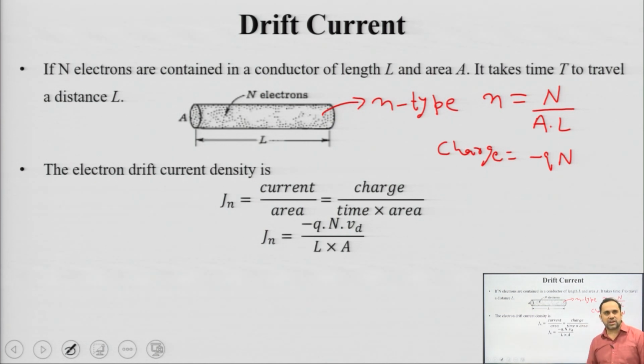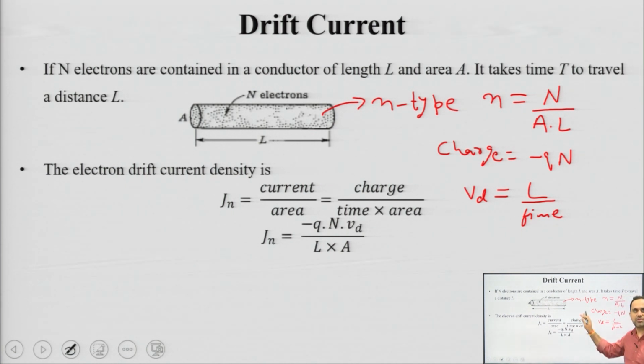How much time is it taking? For time I have replaced it with a distance. So, if this is the drift velocity, velocity is distance upon time. How much distance are these charge carriers travelling? They are travelling length L, across some time. This time I have replaced with L over Vd. So, instead of time I write distance and the speed, and area is represented by A.